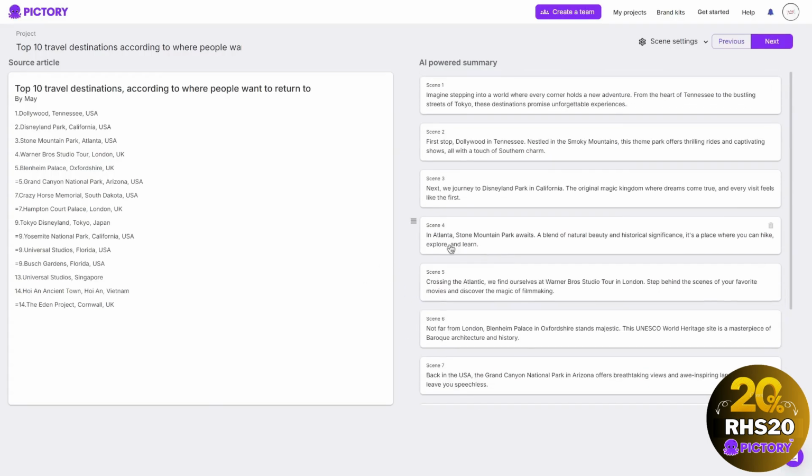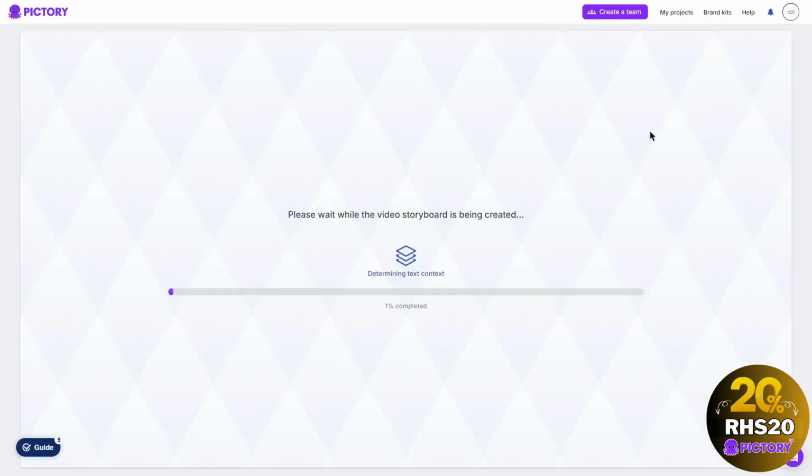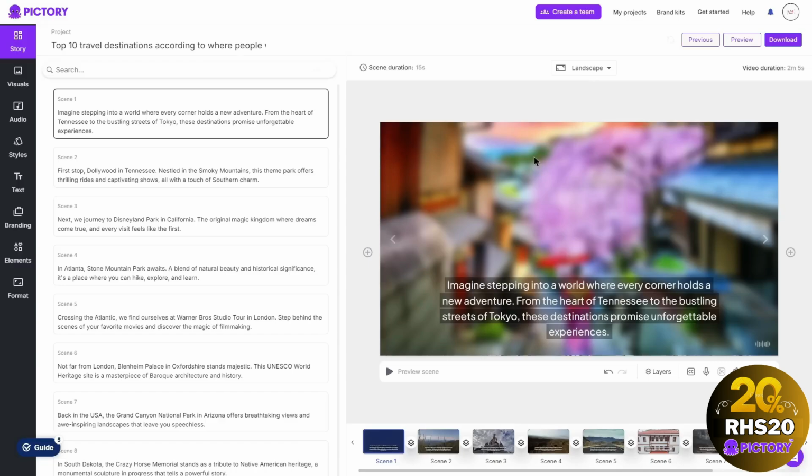What I can choose to do is click next. And then just like the script to video, it is now going to create a storyboard where it allows you to do the exact same process that we did with the script to video. Again, I can go through all the scenes, change the background, the text, add my own audio, and even an AI voiceover or even my own. And just like before, once you fine tune and edit your blog to video, you can go ahead and